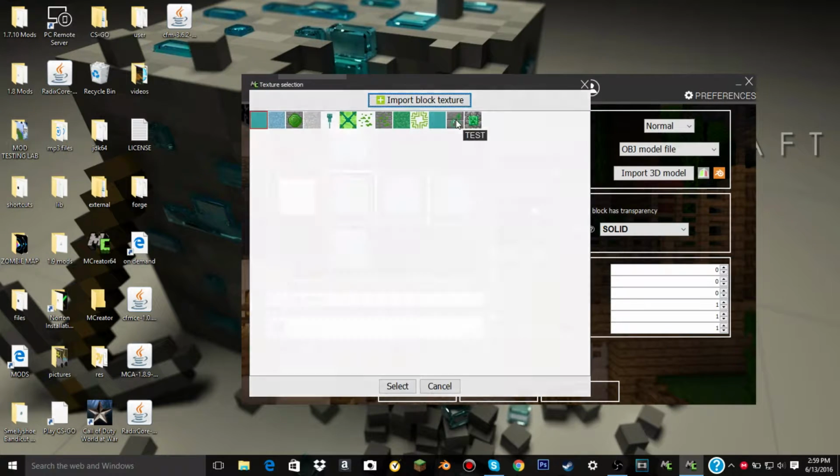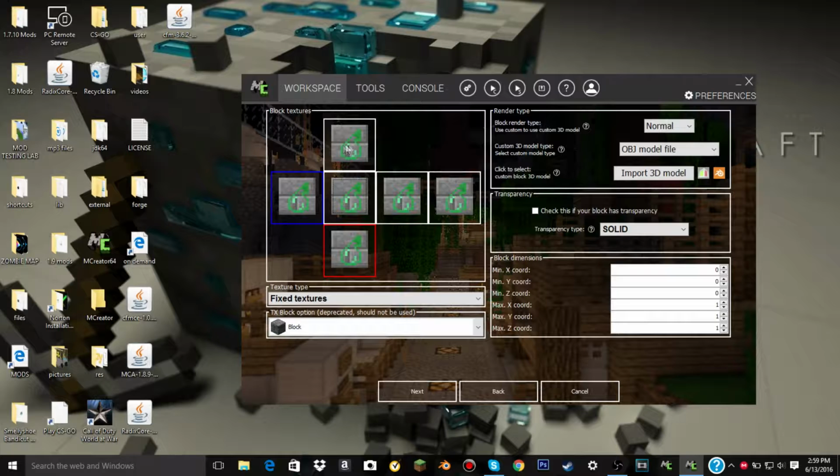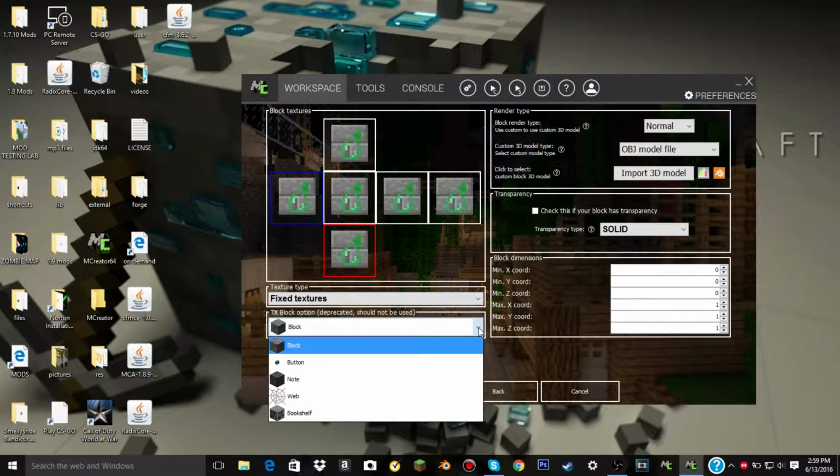But if you want to mix up two textures, you just have to plan out which side will be on this. Like, I think the middle could be the top or the bottom or any side, I guess, since it's a cube, but you just have to plan out which one it is. So once you're done with that, just leave everything the same over here. Now I'm not sure what this does, but I just keep mine at